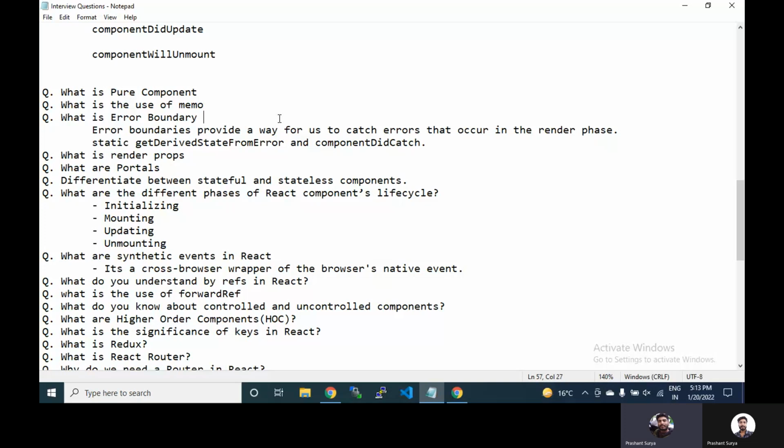In render props, what we do is create a separate parent, and we pass whatever value you need to use in your child, and we render that value outside. And we wrap that child component dynamically when we call it, and we use the rendered value we get from the parent inside it. So this is basically render props.